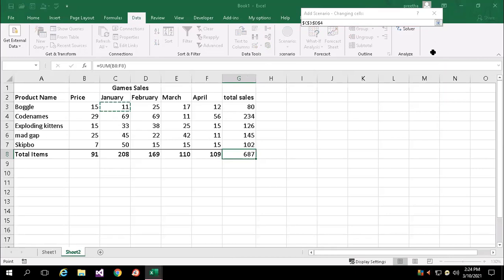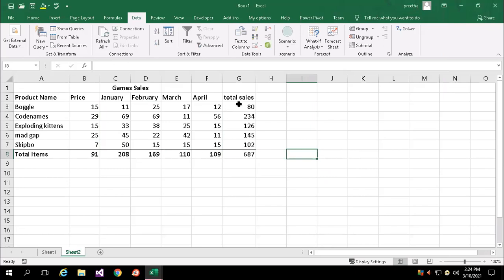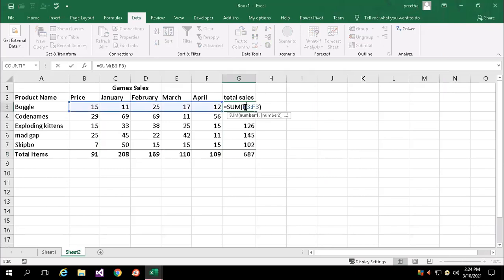Once again, we have to do some changes over here. So it's from C3. Price also I've taken.